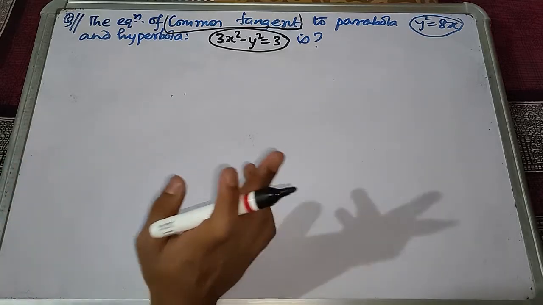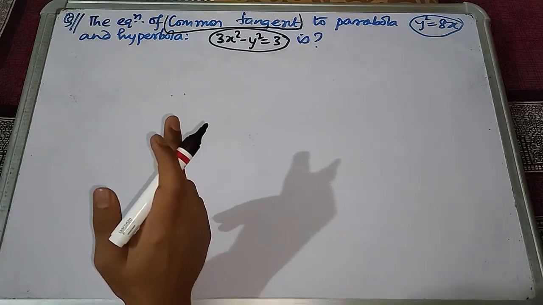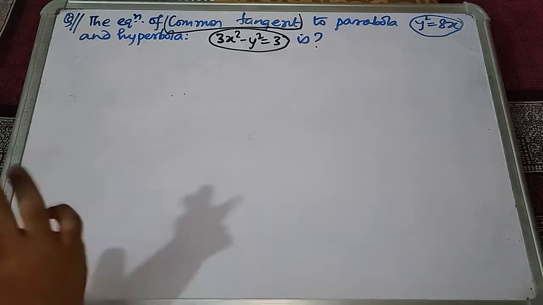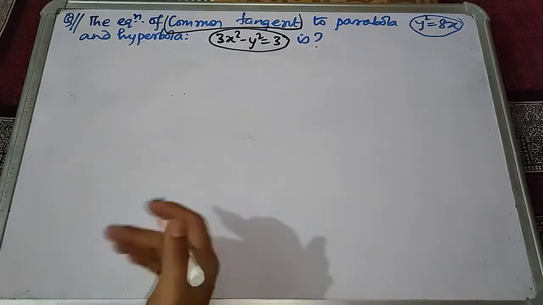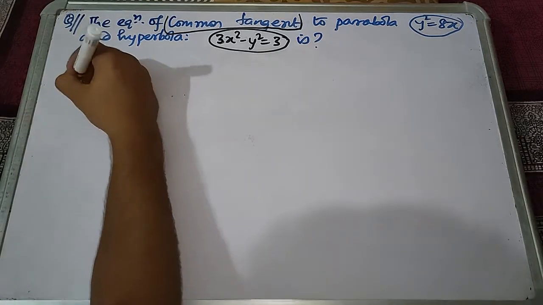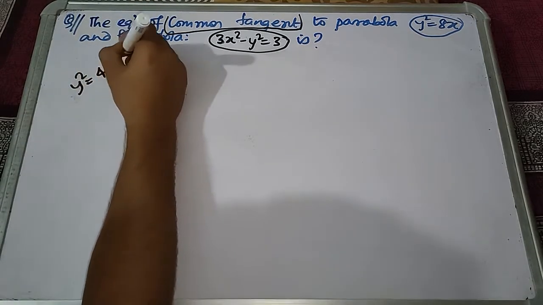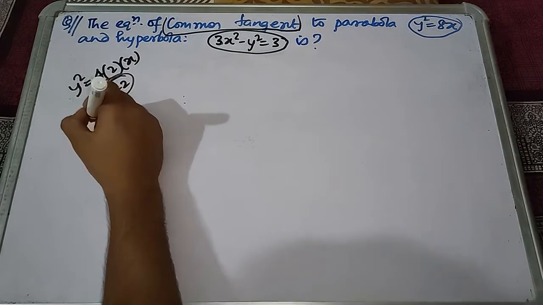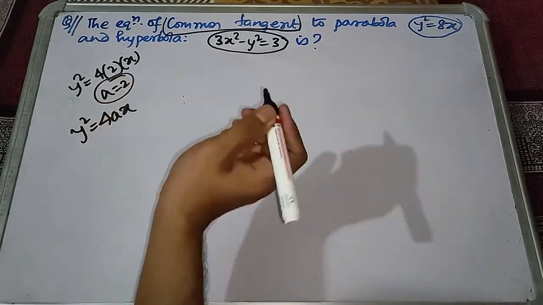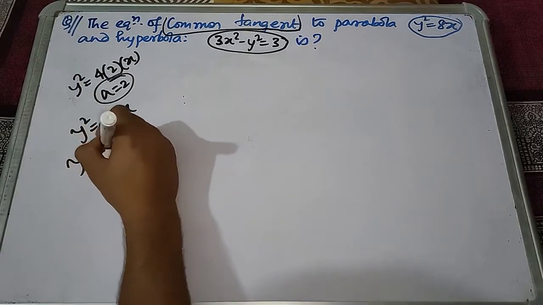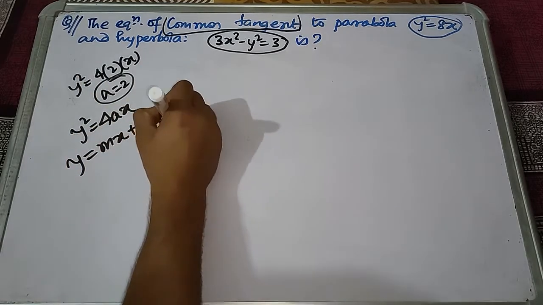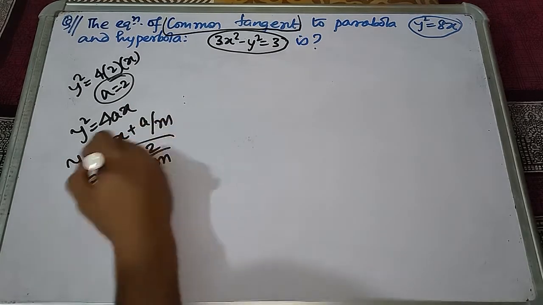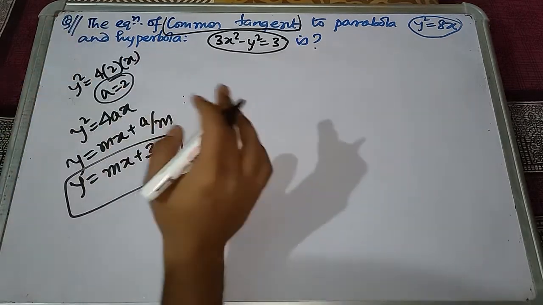Find the equation of common tangent to parabola y² = 2x and hyperbola 3x² − y² = 3. Let us do it quickly. As we did the previous common tangent question very slowly, let us bring a little bit of pace. y² = 4 · (1/2) · x, therefore the value of a is actually 1/2. For y² = 4ax, what we have learned in parabola tangent is that y = mx + a/m is a tangent. Therefore, y = mx + (1/2)/m should be a tangent to that parabola.